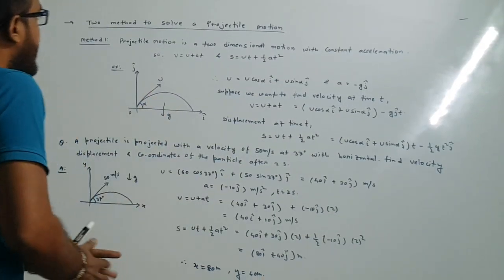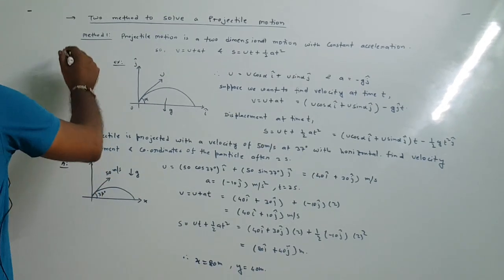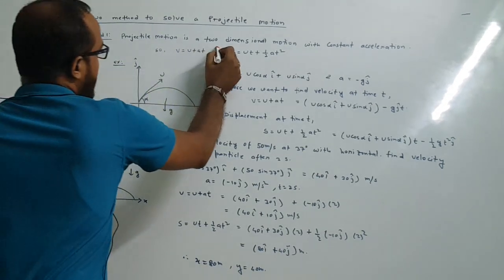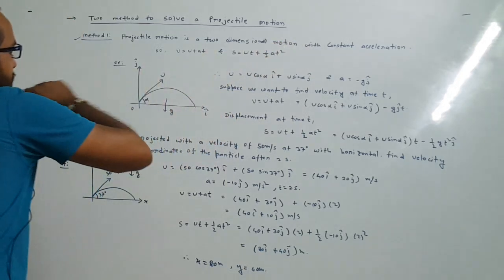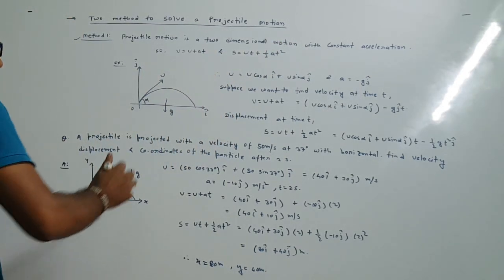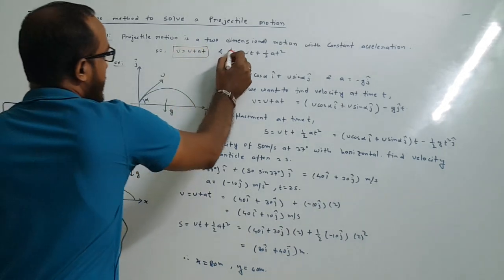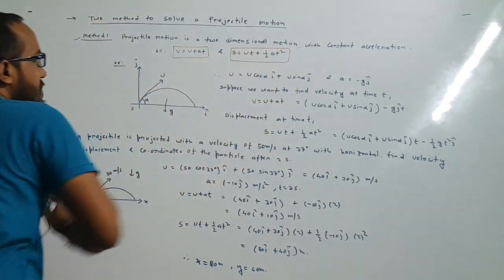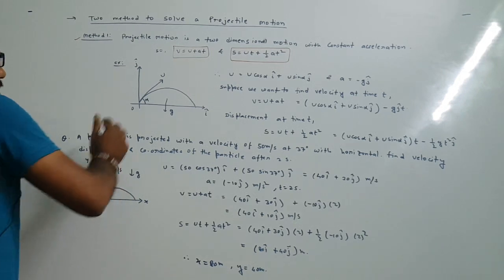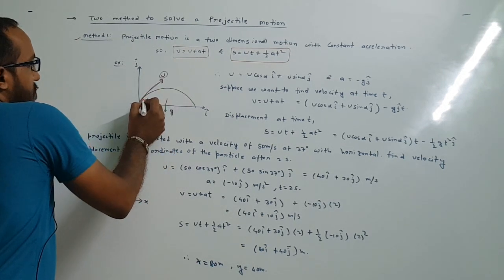Let us see, there are two methods to solve a projectile motion. Method 1: we already know that these motions are with a constant acceleration, so we can use the equations of motion, that is v equals u plus at and s equals ut plus half at squared. Let us say we have thrown an object with the initial velocity u